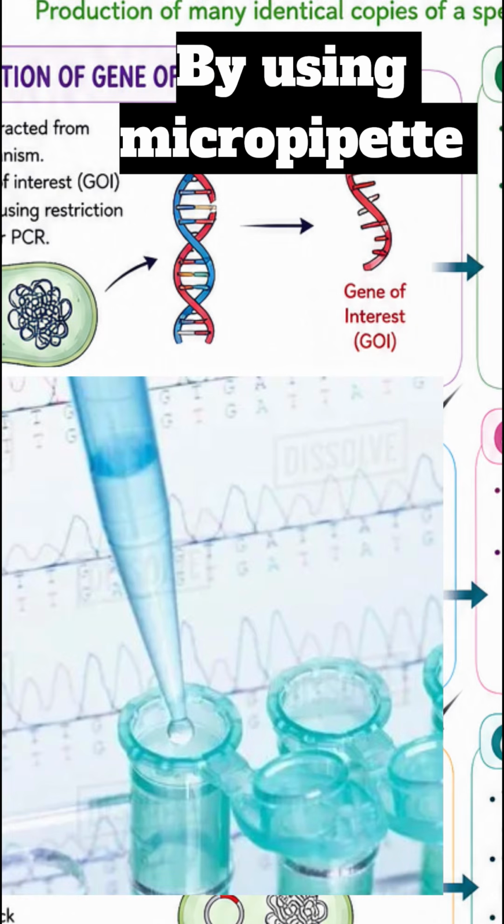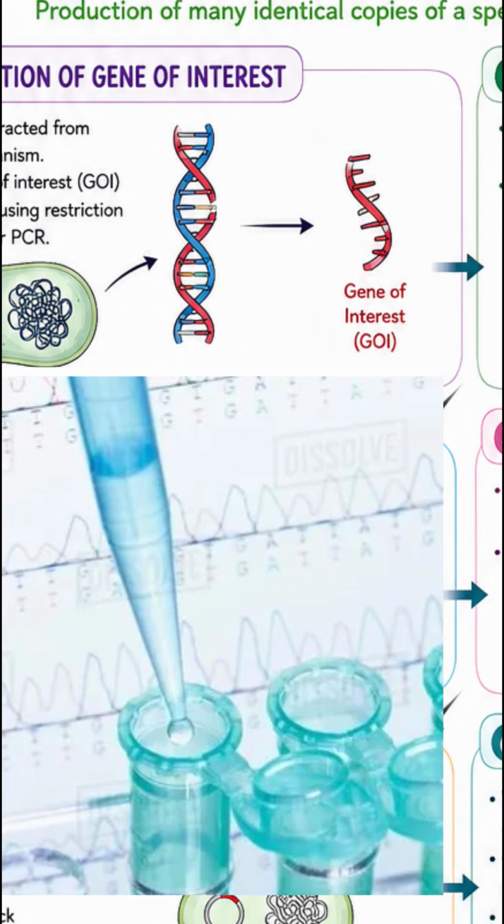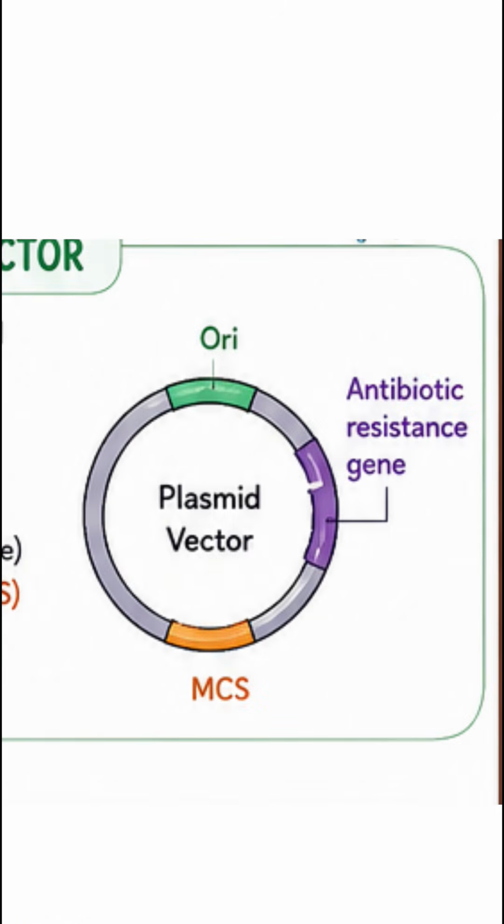First, we extract the DNA from the donor organism, then identify and isolate the desired gene using a restriction enzyme or PCR. Then a plasmid vector is isolated from the bacteria. The vector contains an origin of replication, a selectable marker like an antibiotic resistance gene, and multiple cloning